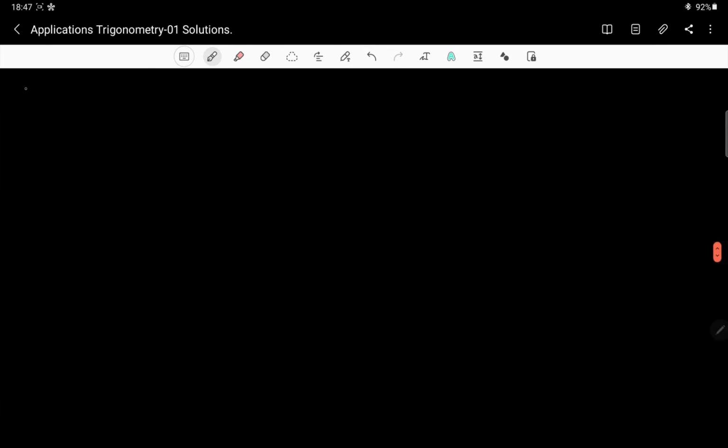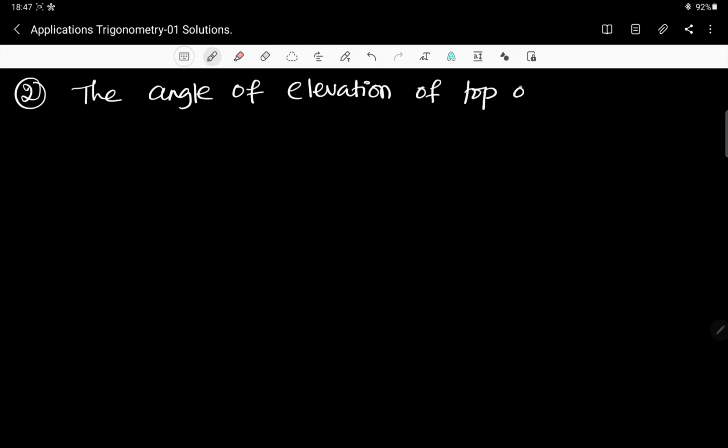If any doubts are there, you can reverse the video and you can see it. And one more question, let us take this. This is very important. The angle of elevation of top of a hill from foot of a tower,